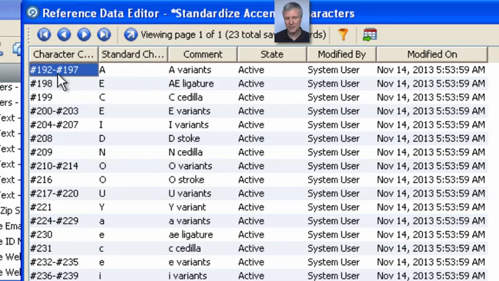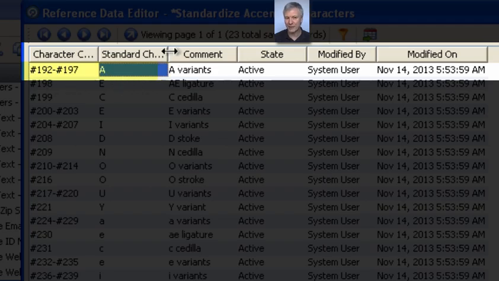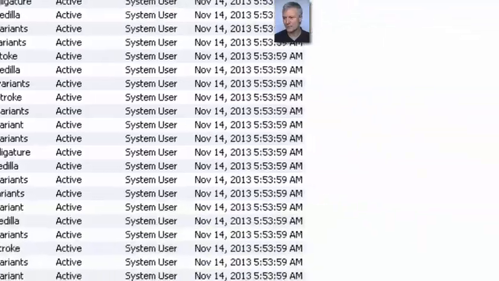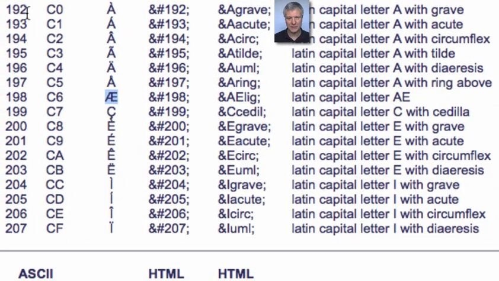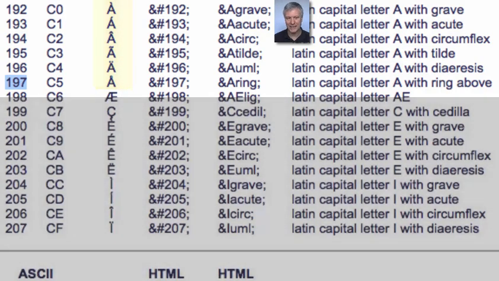And you can actually put in, as you see here, ranges of character references. So 192 to 197 gets standardized to regular A. And if we go back to our table, 192 is there, look, 197 is here, and everything in between that relates to different forms of non-standard, if you like, A's,